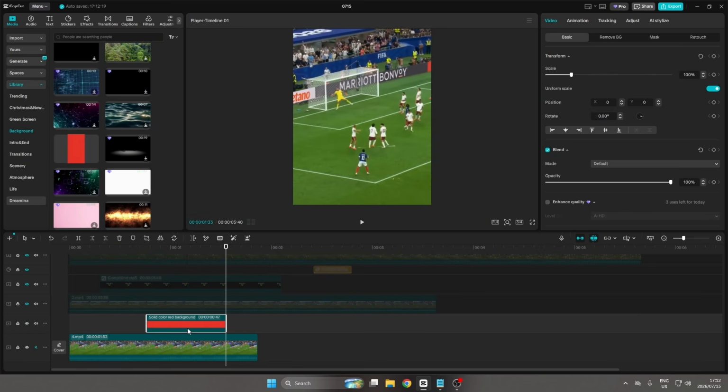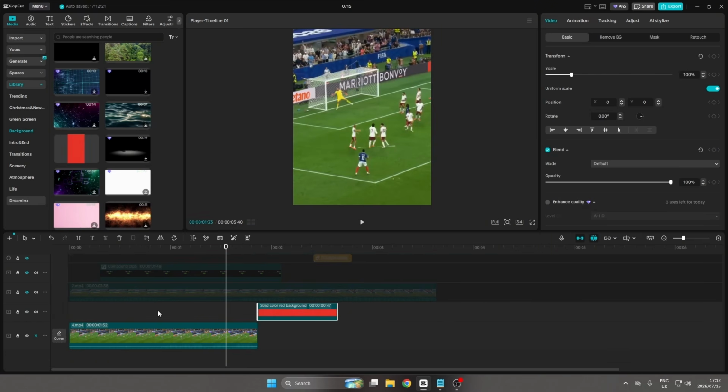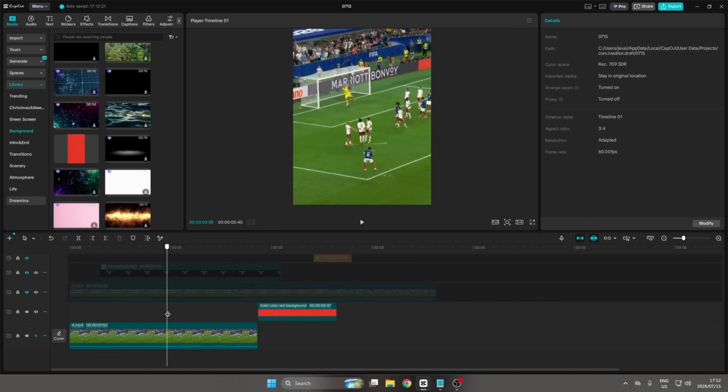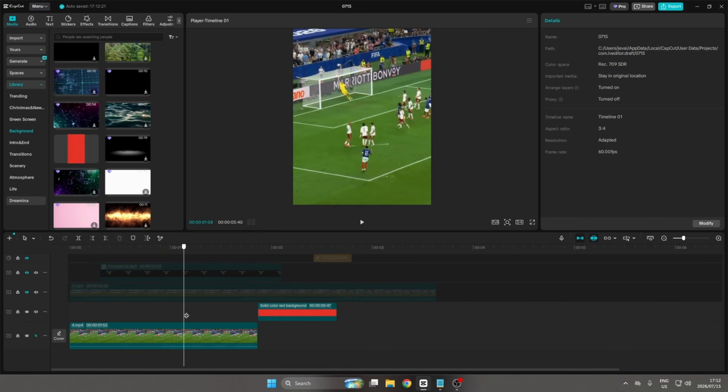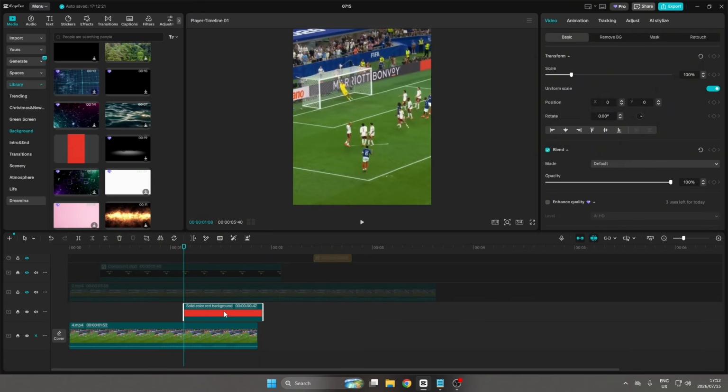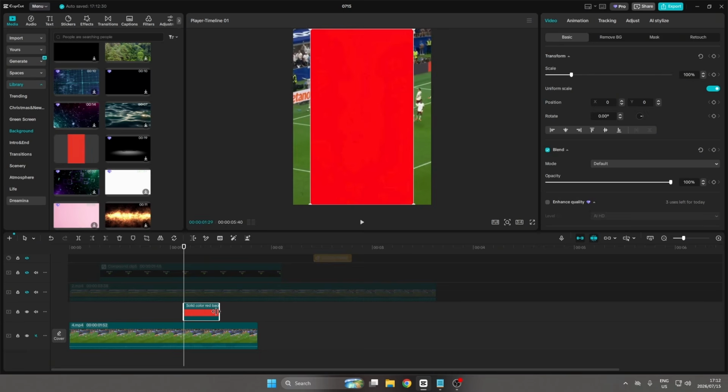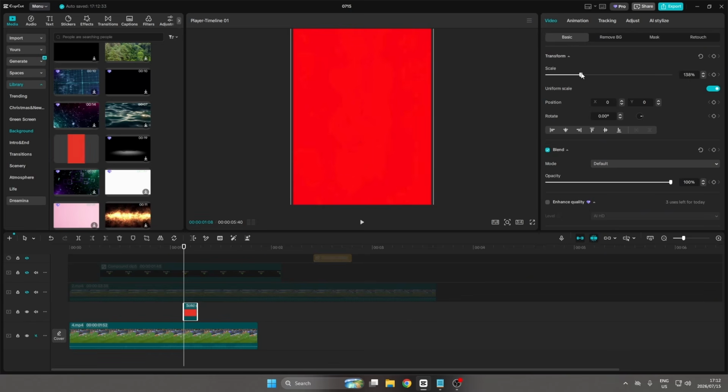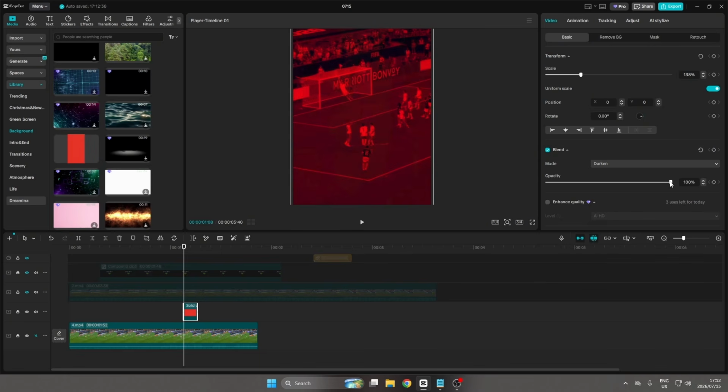And I'm just going to trim this down a little bit. And what I'm going to do is I'm going to move it out of the way for a while, and I'm just going to take a look at where the ball is missing the net right there. Okay, so I'm going to bring this in just right there, and I'm going to trim it down a little bit. Okay, so next up I'm going to scale it up so it fills the entire screen. I'm going to select the blend mode and select darken. I'm going to bring this down to about 60 right there,